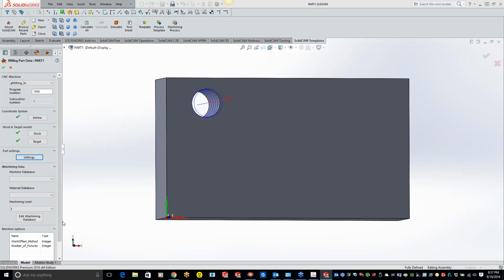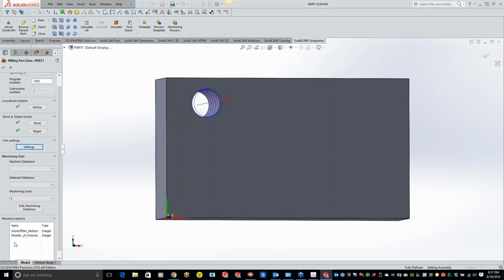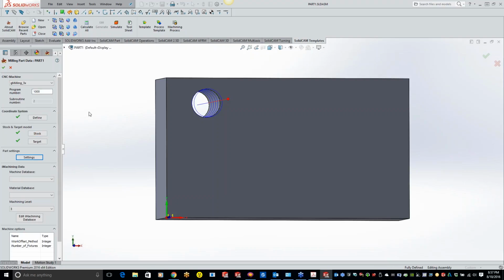I think it's down in your miscellaneous, your machine parameter list right here. We can have the post team add program number or programmer, and just have a drop down saying yes or no, and then you can fill out the field right there. That's one way, with a post change.